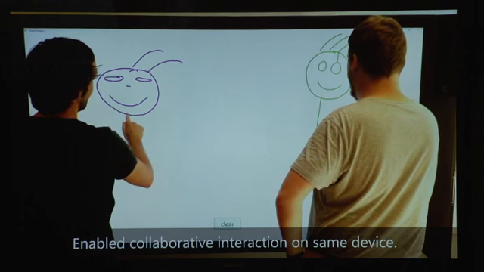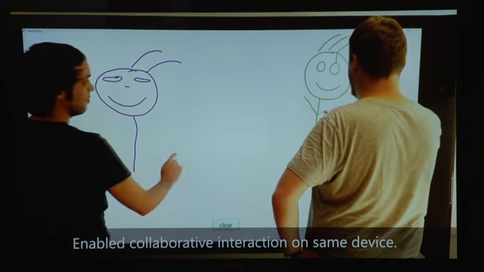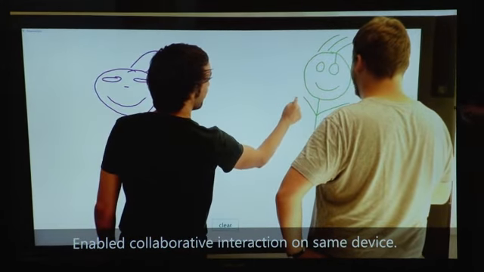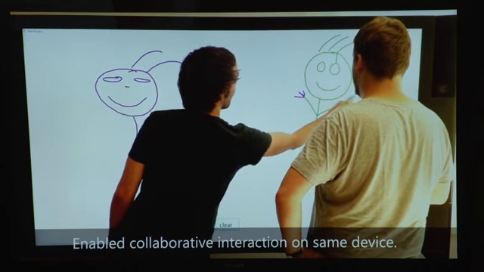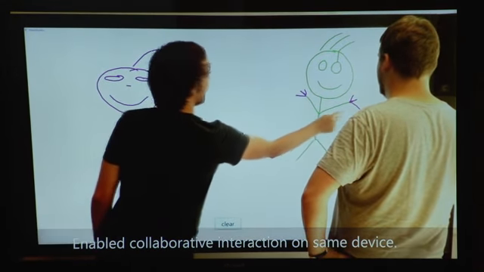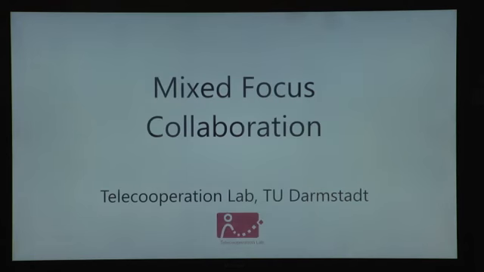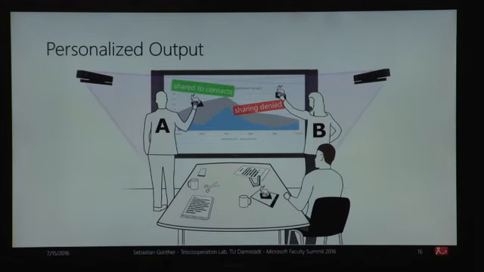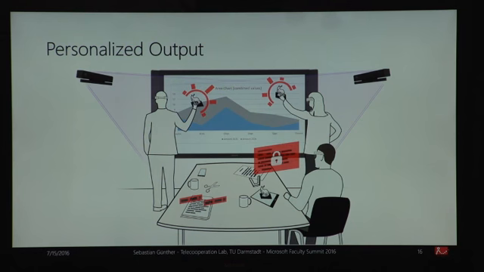And soon, now you can see he can also draw on his part because his touch point is still recognized as this user. So, yeah. Now, a bit of our future outlook, because we haven't done anything so far for that, is personalized